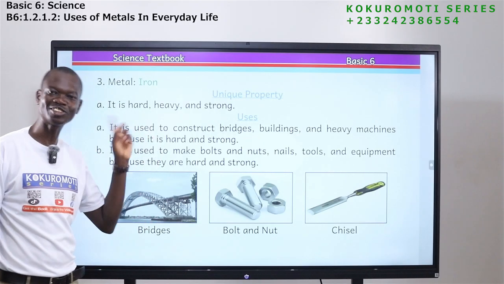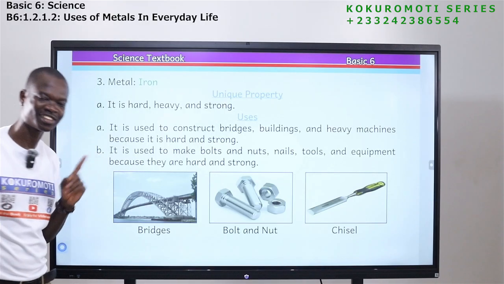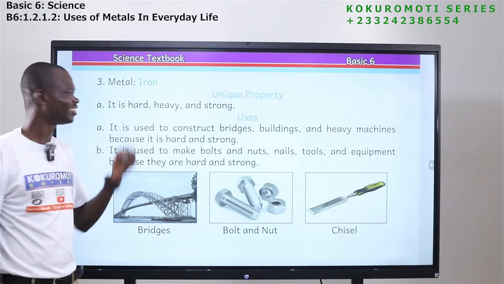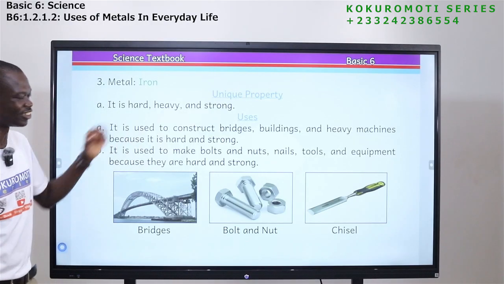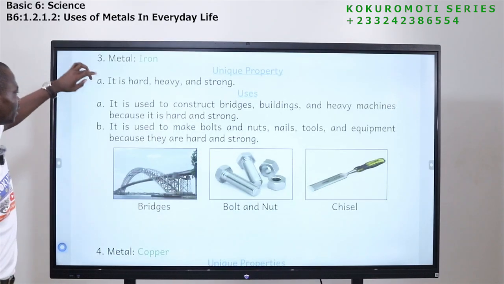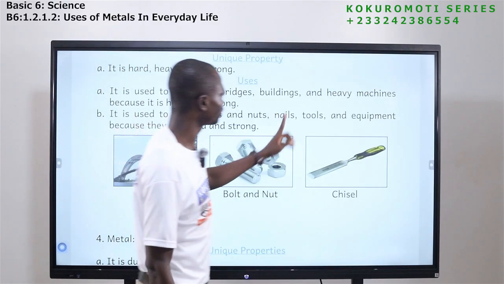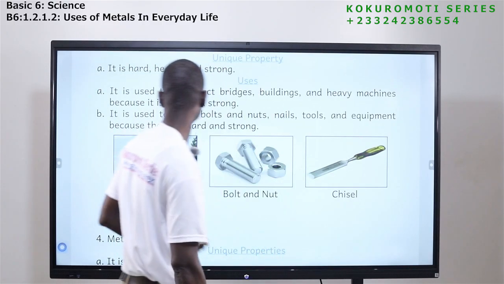Iron. Don't use aluminium. Don't use copper. Don't use gold. You use what? Iron. Okay. The next one is, it is used to make bolts and nuts, nails, tools and equipment, because they